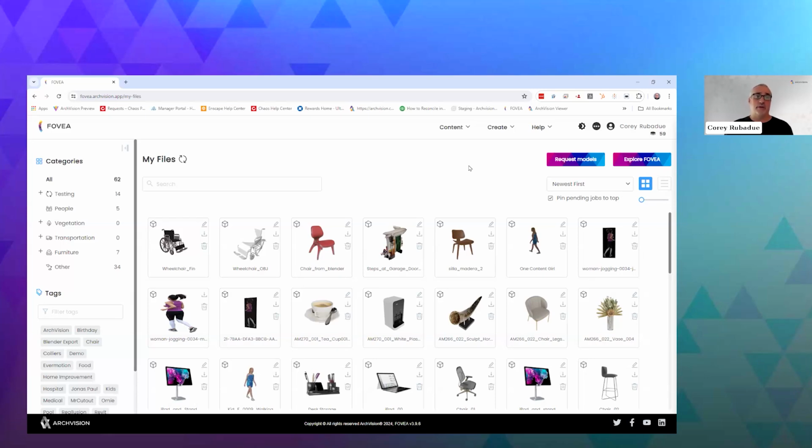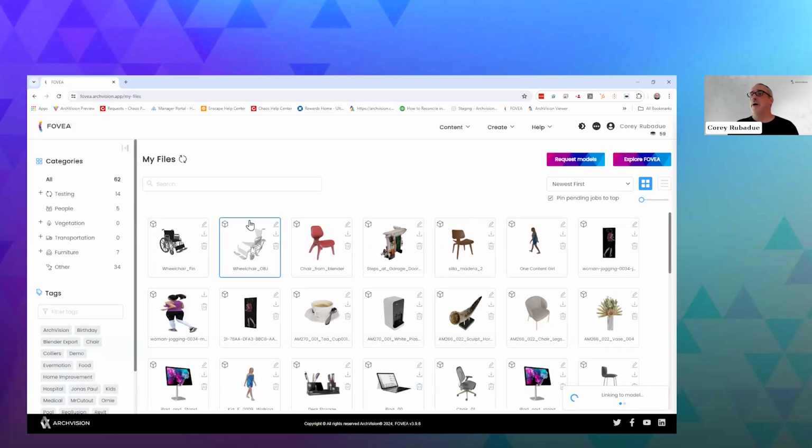When an RPC is drag and dropped into Revit, we place that piece of content or asset in the right category that it's supposed to be in. So furniture category, or planting, or people going under entourage, for instance. That metadata is used to drive the best experience for you as possible. Tags are on the left-hand column over here. All the tags you can put in during the publishing process, or you can even add tags to the content